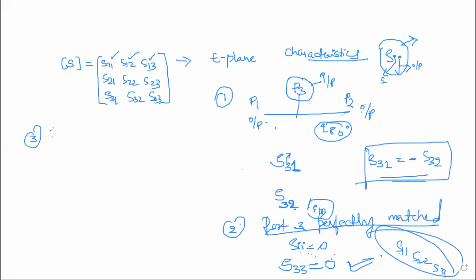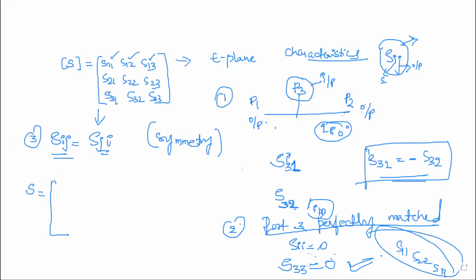Third condition: from the symmetry property of your S matrix, that is your reciprocity theorem, you know that Sij is equal to Sji. So if I apply this concept to this matrix, which terms can change? Can you tell me? If I apply Sij equals Sji according to the reciprocity theorem, that is your symmetry property, which equations can be written in terms of symmetry? First three terms will remain the same. Tell me.